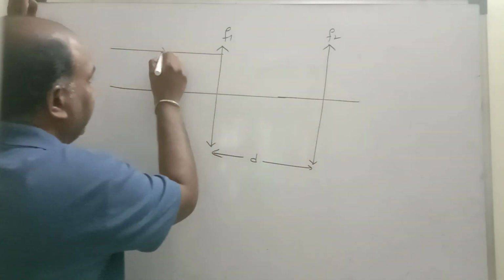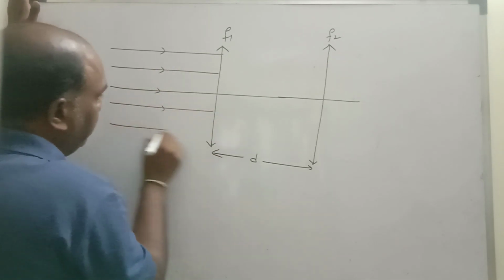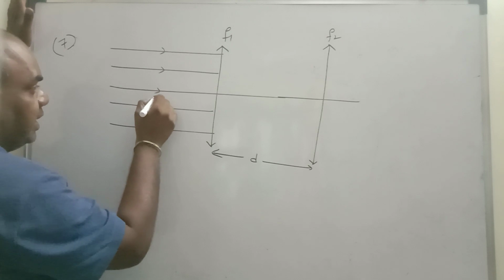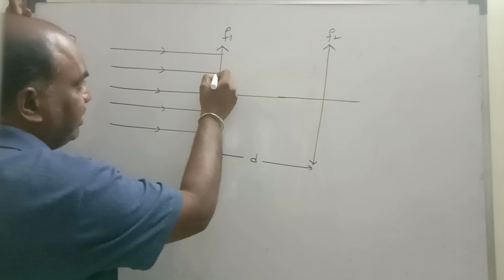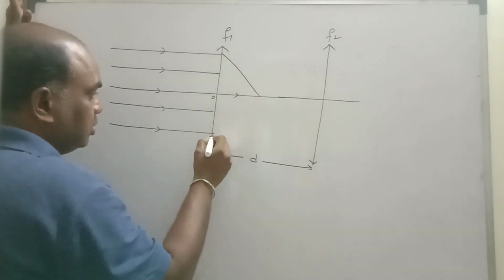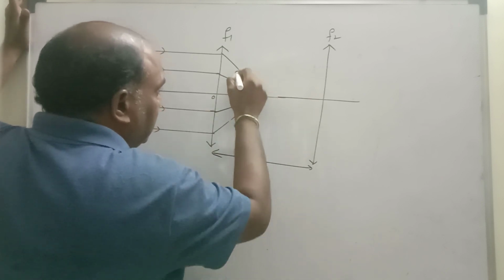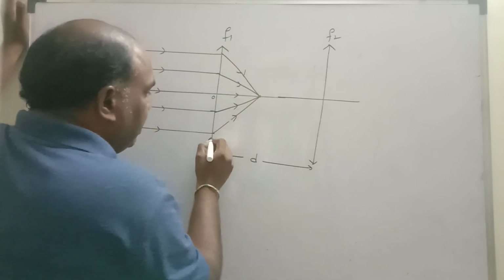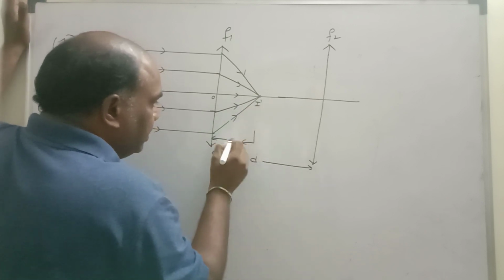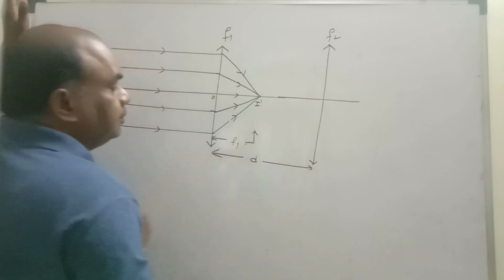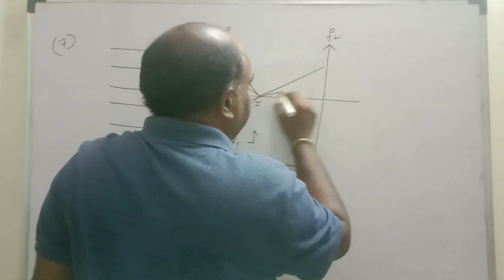These are all parallel incident rays. Parallel means parallel to the principal axis. We know that the ray going through the optic center will be undeviated. The remaining rays converge and meet at the principal focus. So the distance between the lens and this image, image 1, is nothing but the focal length f1. This image acts as an object for the second lens. Again, these are incident rays like this.